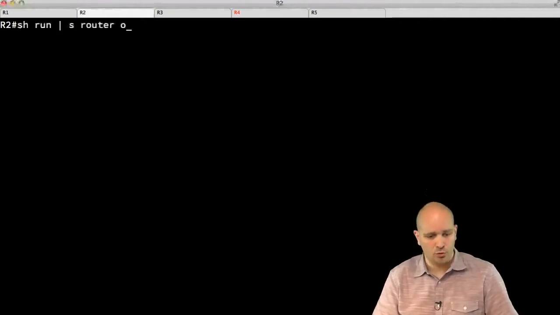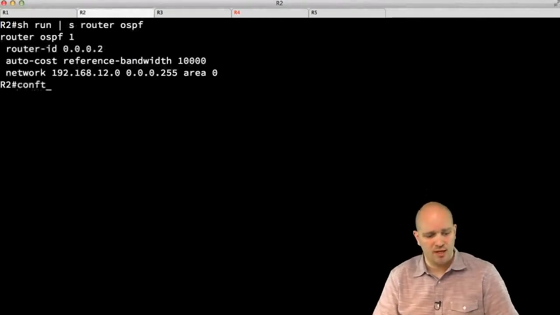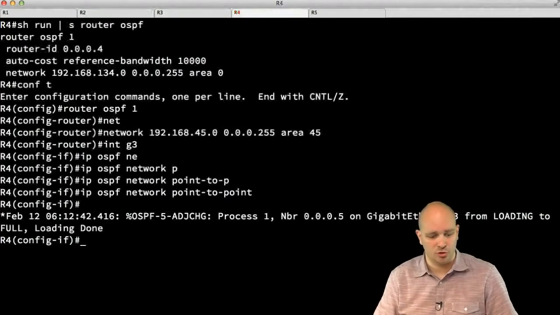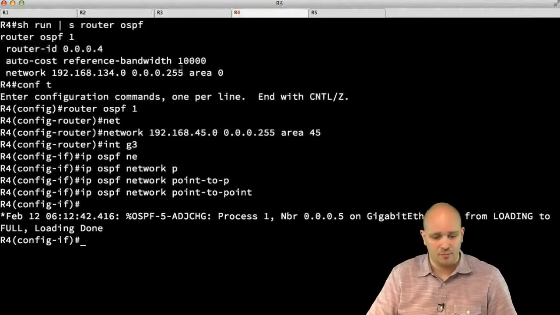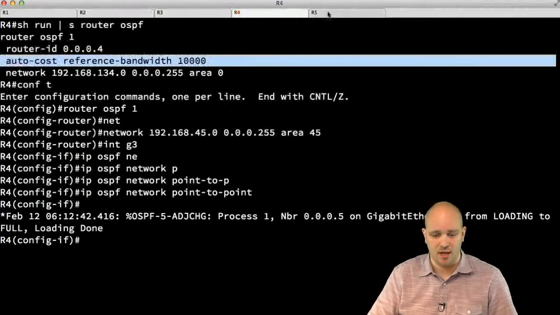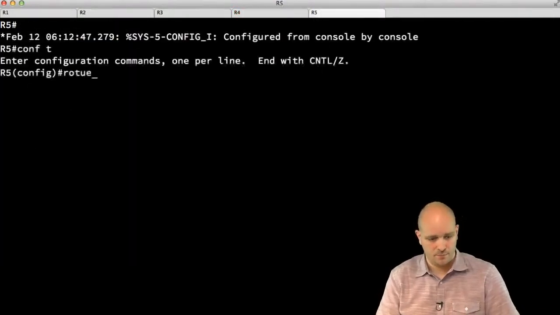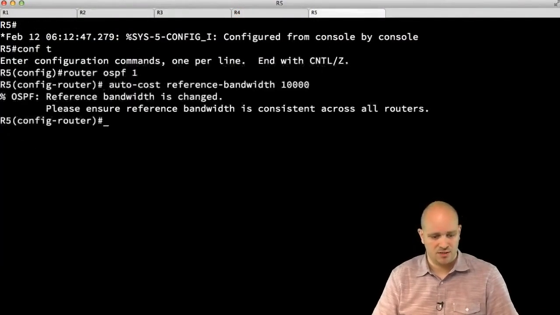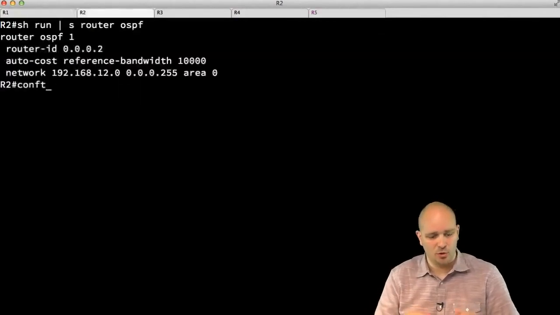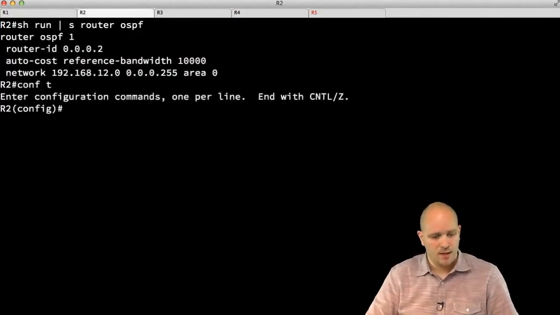And what I want to do here is change, oh, I forgot to change the auto cost reference bandwidth. That's very important. So let me head to R5 here and just add this. So I'm going to go to R2, and what I'm going to do now is